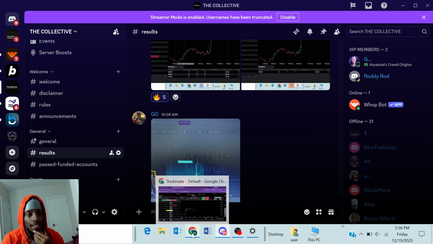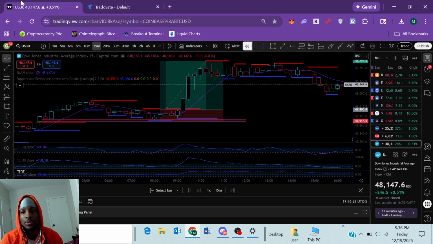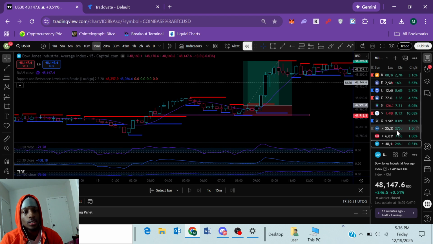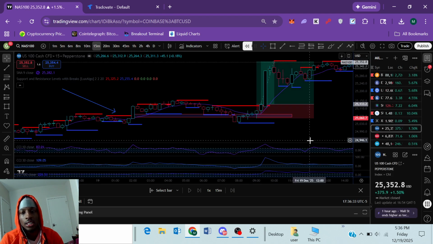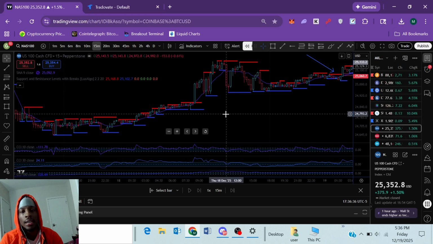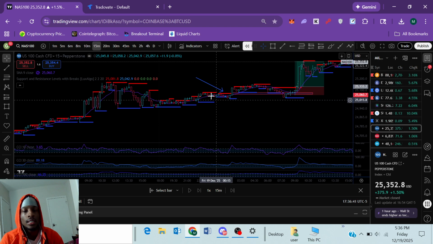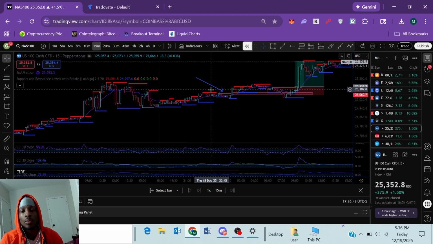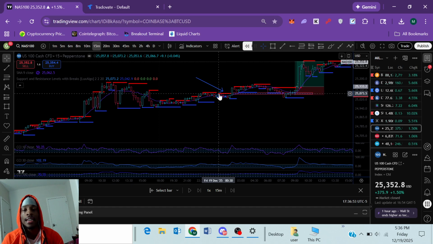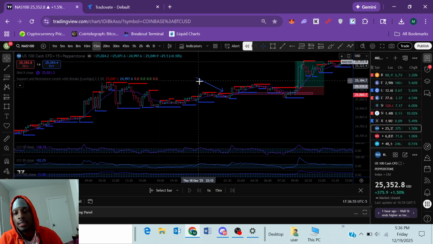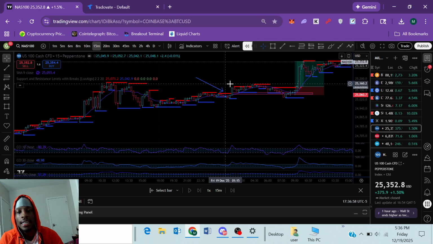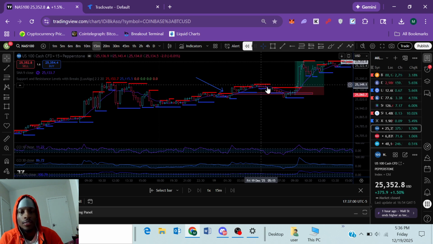So I'm going to break down first the accidental profit that I made. The accidental profit was on the NASDAQ, in which I took a buy last night. I caught it off of a breakout somewhere in this area here. Caught a breakout. It took me out a little bit above break even. But I forgot to delete my sell limit order up here, in which it got activated, and I ended up making money off of just coming down, luckily.